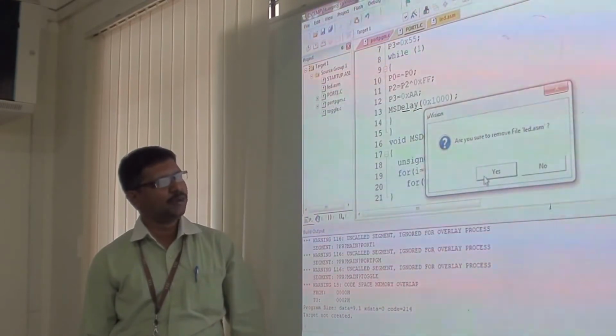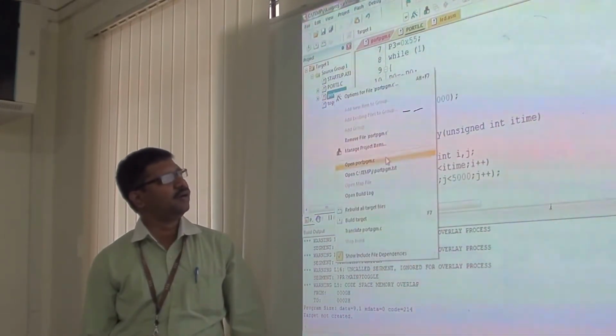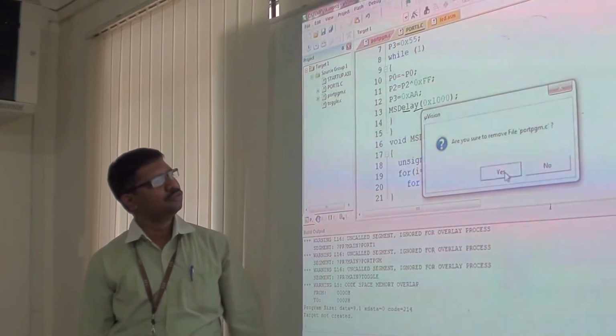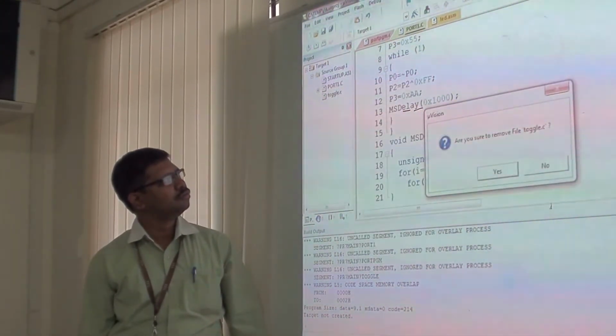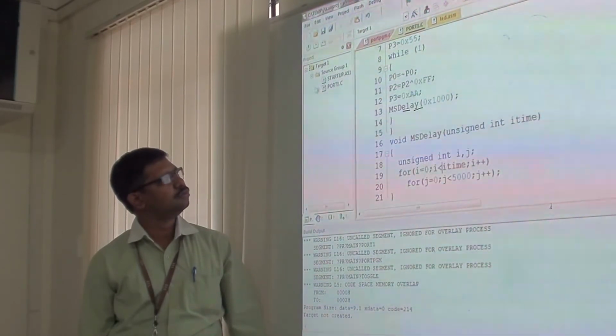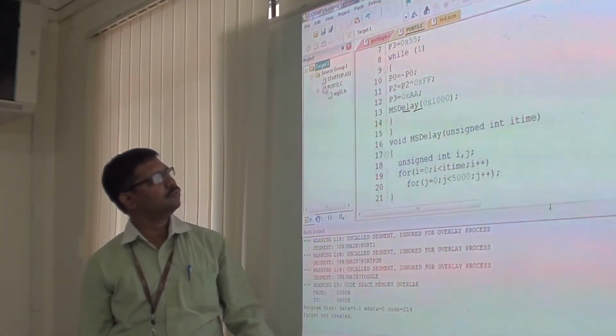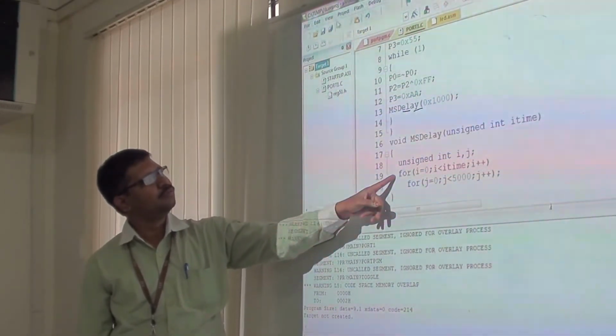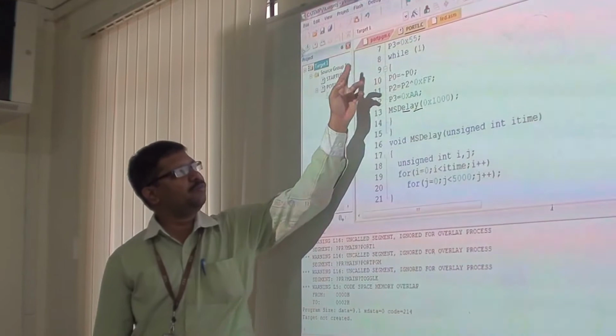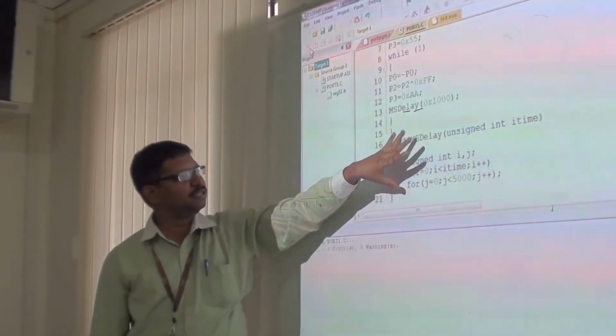Okay, all other files you can disable, only the file which you are going to use. Okay, so here port 1.c has been taken with this particular thing.